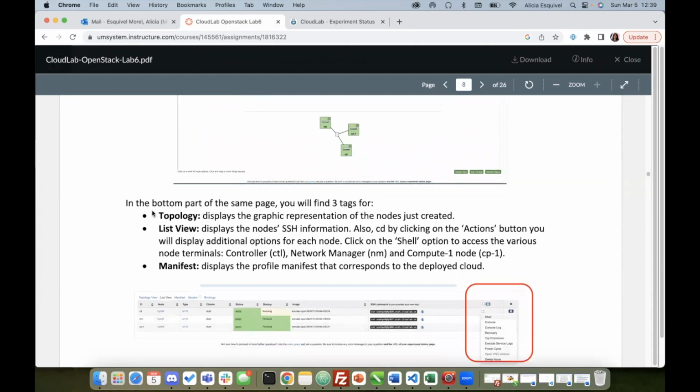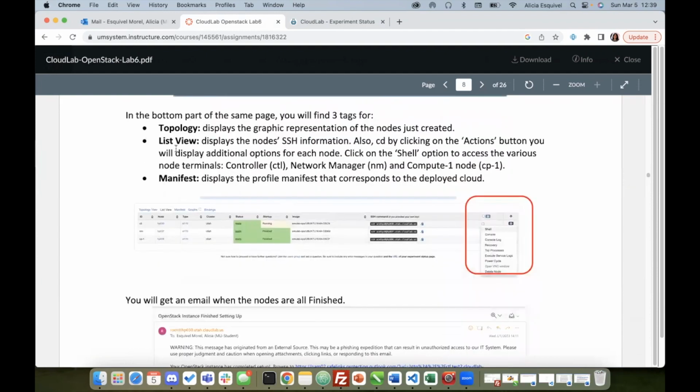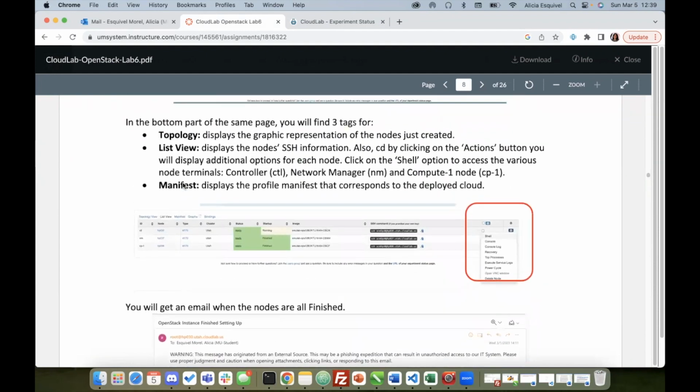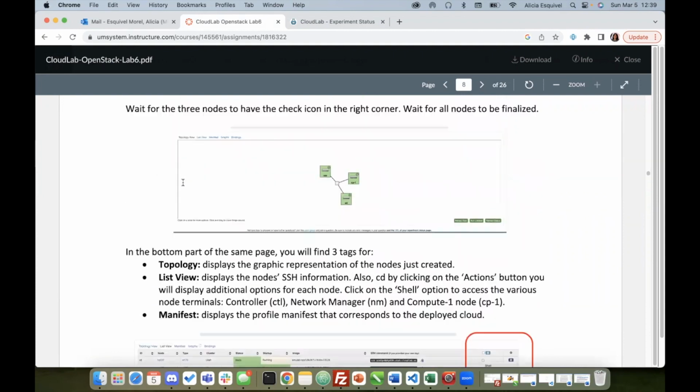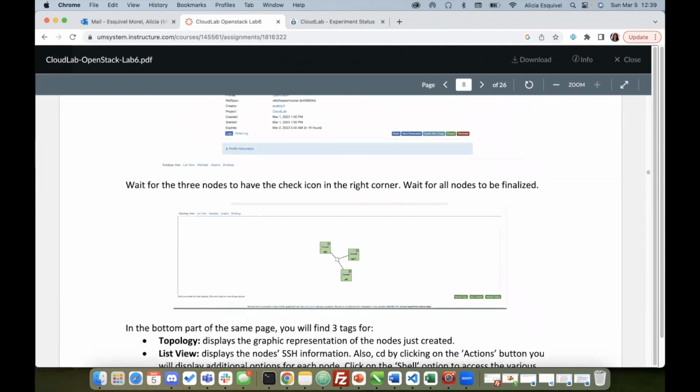We already went through this. We checked the information about the view list and the manifest. Something important to highlight here is that after you allocate the resources and after everything is ready,